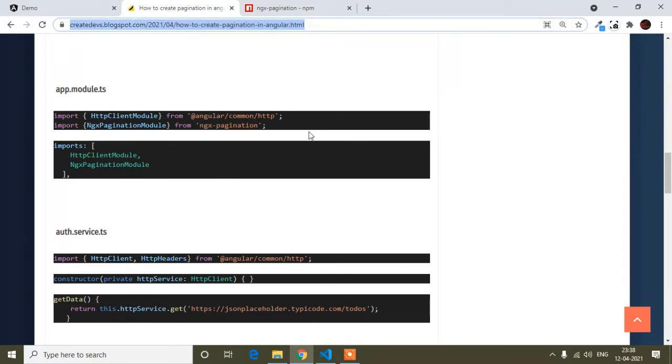And guys, here you can see in the app.module.ts file, you have to import just two things. First, for ngx-pagination, here you can see the pagination module; import this pagination module, and in the imports side I have to add it as well. I already did that, and here is the HttpClientModule. Guys, you know why we use HttpClientModule: when we fetch or post data, or any HTTP request we send or get, at that time we use HttpClientModule.